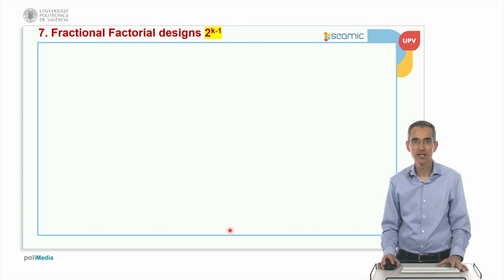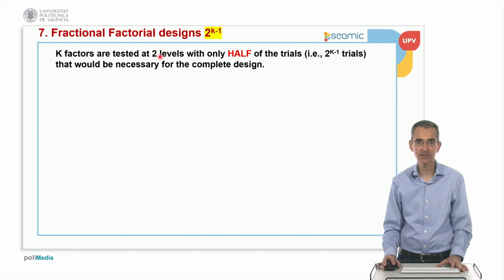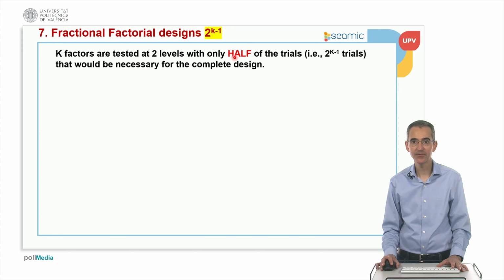Okay, so what is a fractional factorial design 2^(k-1)? It means that k factors are tested at 2 levels, but with only half of the trials. This is why we put the minus 1. Minus 1 means that we're performing half, or 50%, of the trials which would be necessary compared with a complete